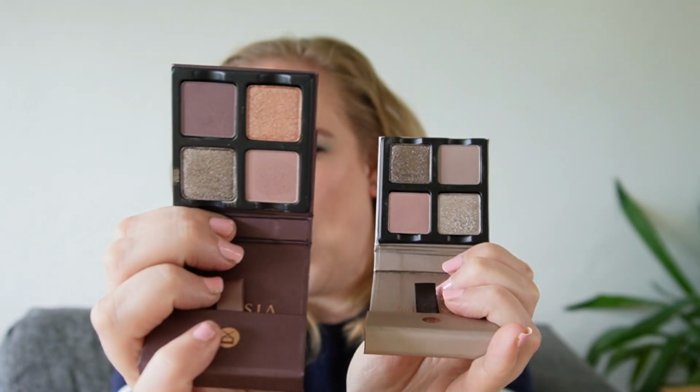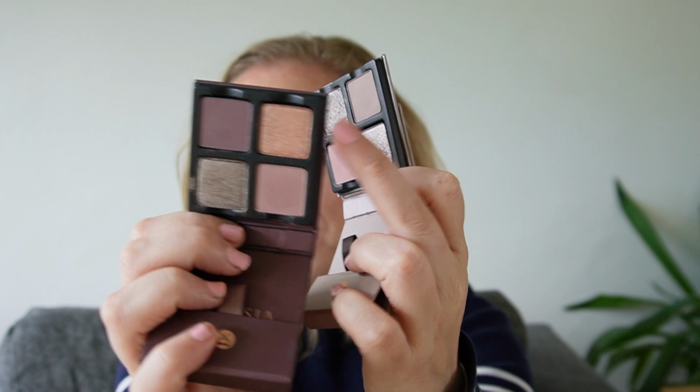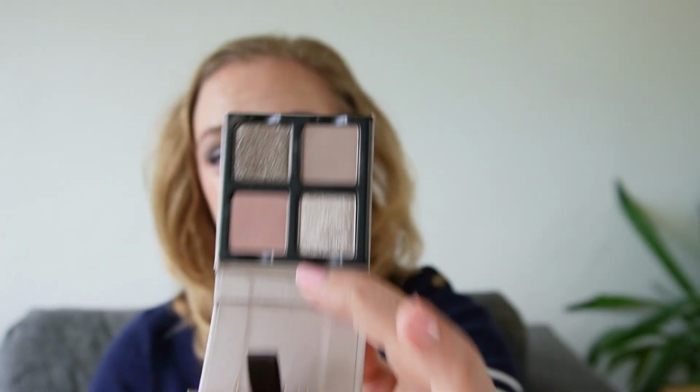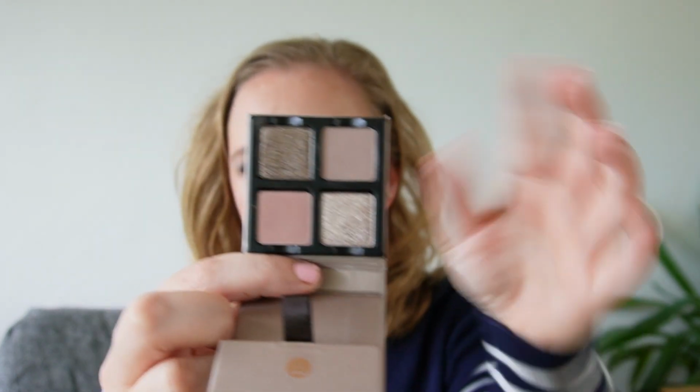So this is a little bit more of a mauve and this is more of a taupe. In here though, we get one very random peach, which I've never understood. The shimmer is lovely. I love the rosy tone and the purple we get in here, but the Deux is just not my favorite because I just feel that this comes together for me a little bit better. Again, would I have liked a darker shade in here to make it more like one look? But this palette has one of my all-time favorite taupes in, so of course the original Lilas has to be